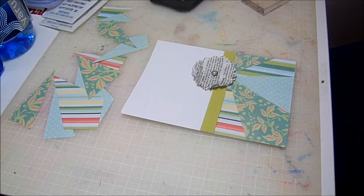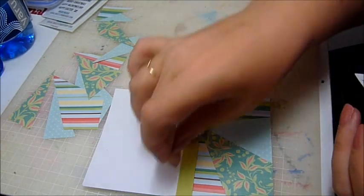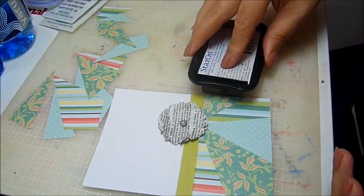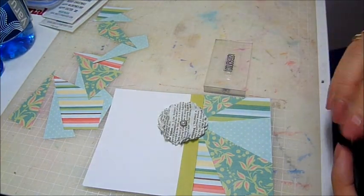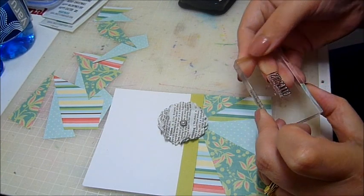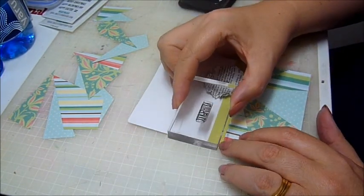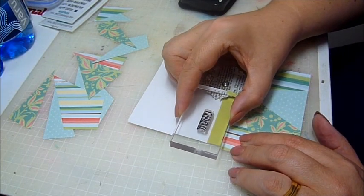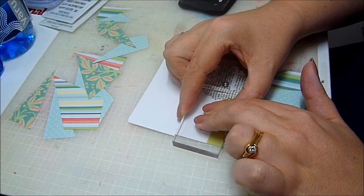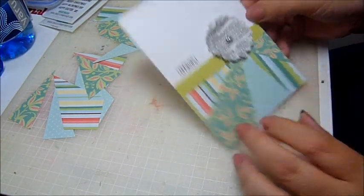I order regularly. I've just inked up with some Stays On ink. Now my trick for inking, because I'm stamping straight on the card here, which isn't something I usually do, is to apply the ink pad to your stamp rather than apply the stamp to the ink pad. And I'm just wiping off a little bit there. It just gives you a little bit more control over it, and pretty much going to center that in the blank space and press it straight down, even pressure, and straight up, and boom, I've got my great little greeting